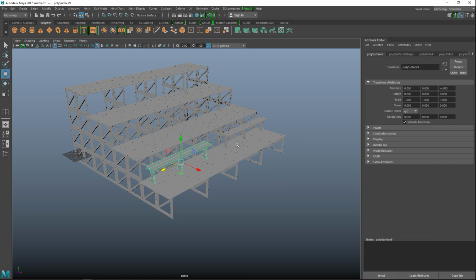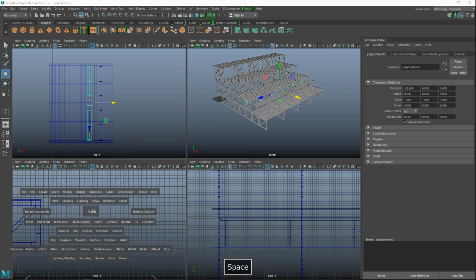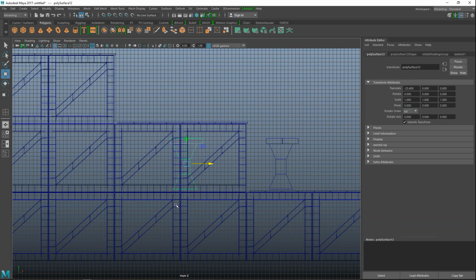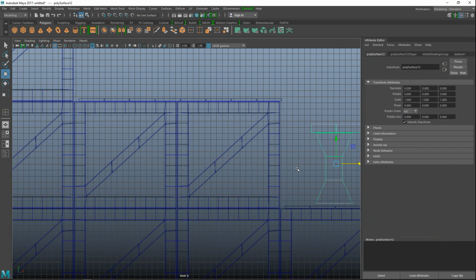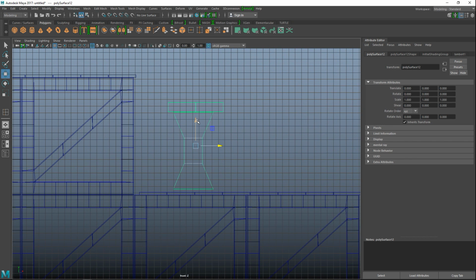Okay. And now that we have these two, what we can do is go to Mesh and Combine. Control D to duplicate, push that back, and that one needs to come down, looks like. Hang on guys, Control C, let's fix this guy first.